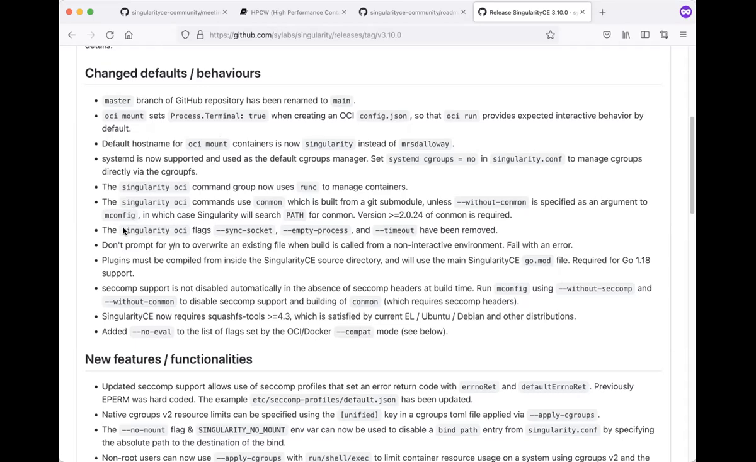The Singularity OCI command is there so that Singularity can work like an OCI runtime with the same container lifecycle and using the same JSON configuration file as other OCI runtimes do. People don't tend to use this directly with Singularity. It was primarily added there for some sort of experimental support of interfaces with other orchestrators and things, which wasn't